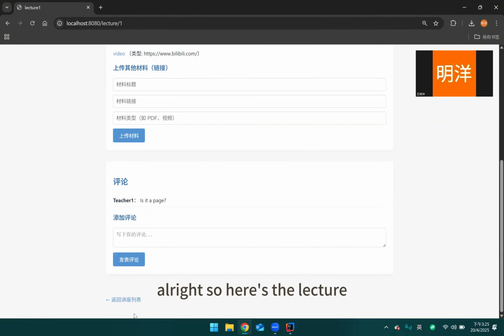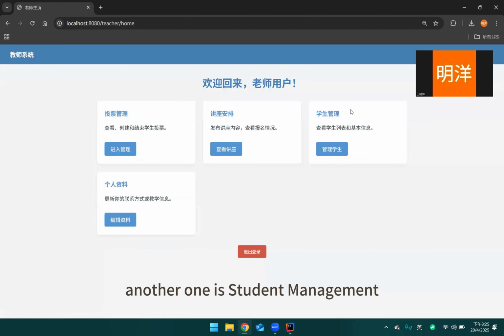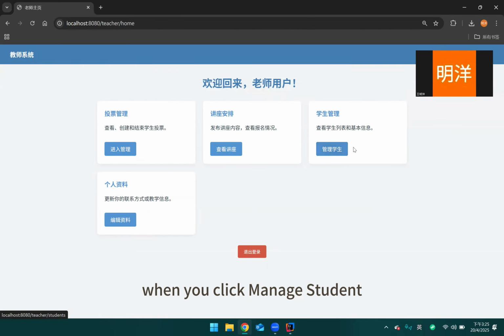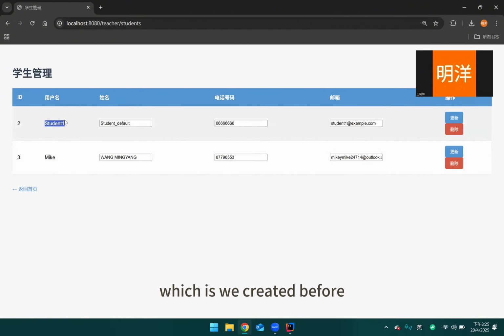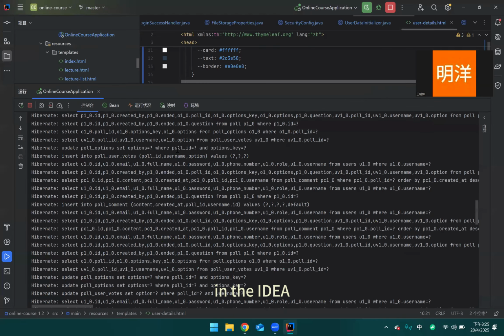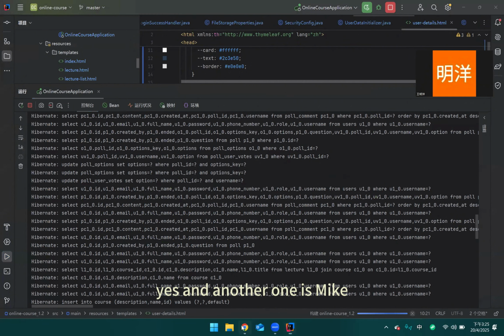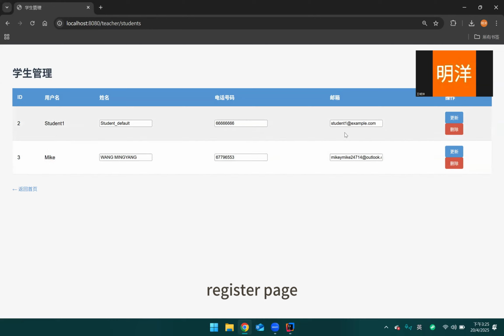All right, so here's the lecture. So let's go back to the main pages again. Another one is student management. When you click manage student, you could go see the specific information. So the first one is student one, which we created before in the ideal. Yes, and another one is Mike. So this account we created in the register page, and we could use